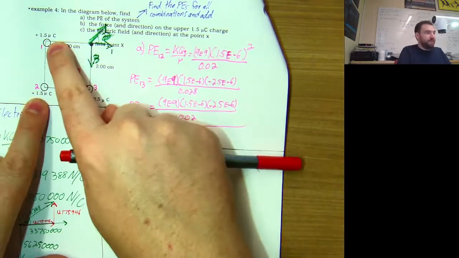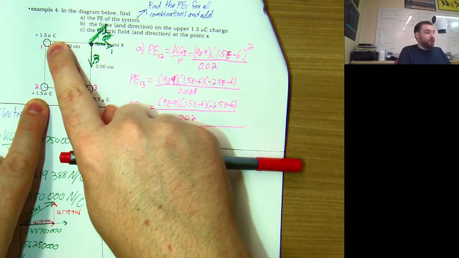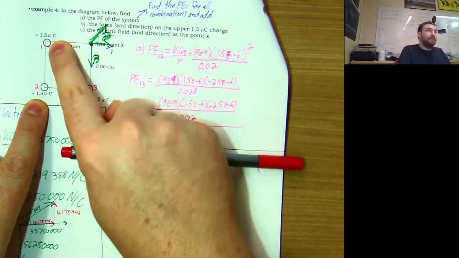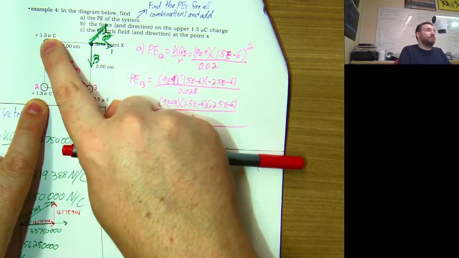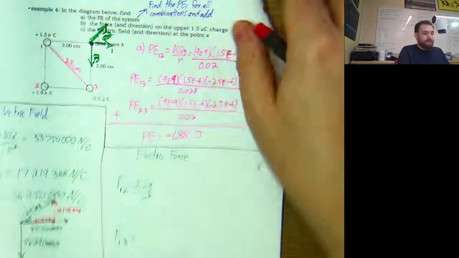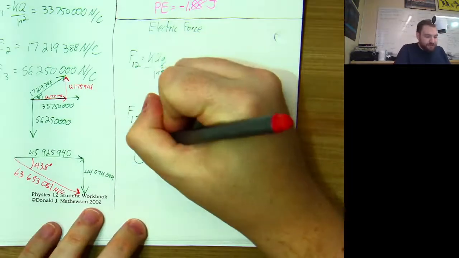They're both positive. I want the force on this one. Which way is this one going to go? It's going to go up. So I'm going to have an upwards force,